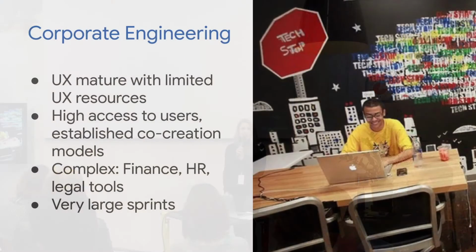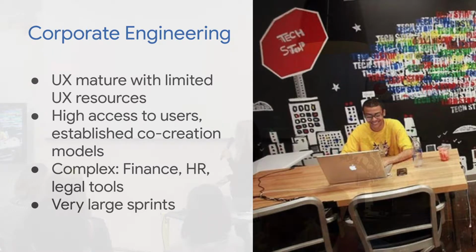And then corporate engineering, this is our internal team that makes all of our internal products. So how Googlers book travel, how Googlers write expense reports. Not very sexy stuff, but very important. And this group had very limited UX resources, not a lot of designers. So they were running large sprints with maybe 1 or 2 designers and 24 people. So this was a great way for them to get more UX resources. They could leverage those 2 UXers much better in a design sprint format than as an individual working on a